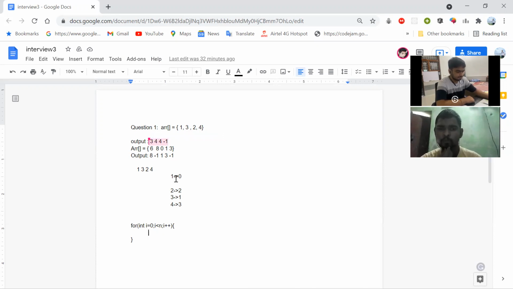You can store it into a vector and then print the vector, or you can return the vector. Okay, so I need to return not just a greater element, but the next greater element, just the next one on the right side.